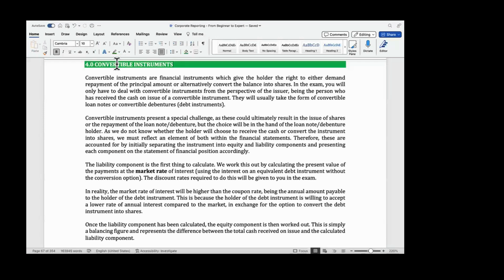It's just like I borrowed money from somebody, let's say 10,000, and I'm supposed to pay back at the end of, let's say, 2 years. But it is convertible, if at the end of that 2 years you have a choice